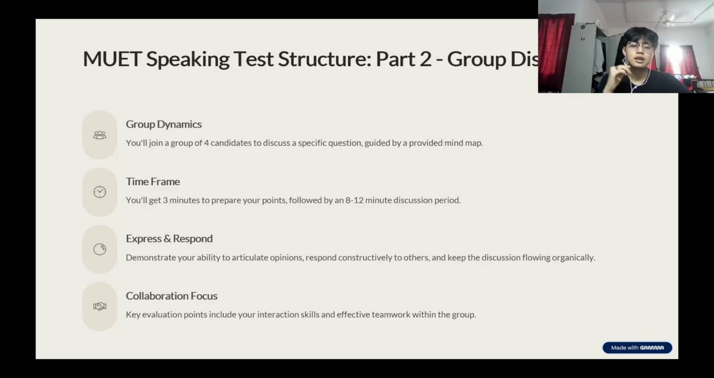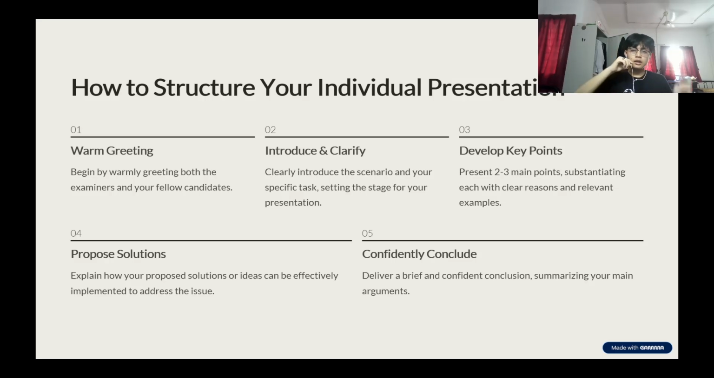Collaboration is the focus. Key evaluation points will include your interaction skills and your teamwork skills within the group, and how effective they are. Okay, so here are some tips that I can give you on how you can